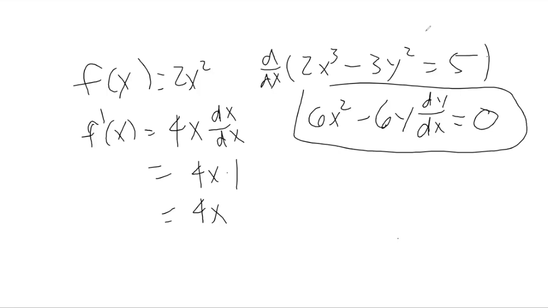They get a little trickier than this sometimes too, and sometimes you'll have to do the product rule or the chain rule or the quotient rule, and you'll still do all that the same way. It's just that if you take the derivative of y with respect to x, anywhere in there, you're going to end up with that dy dx. So I suppose I can show you an example of that. Let's consider,